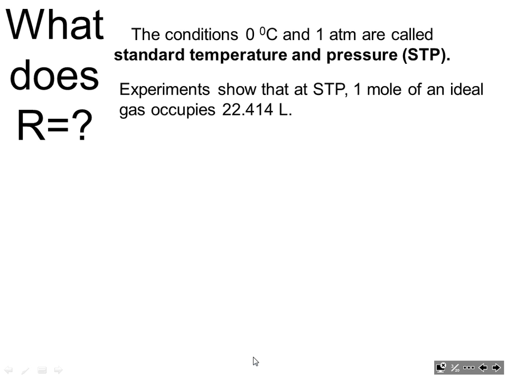We know in an experiment that if I have 1 mole of a gas at STP, it's 22.4 liters, correct? That's a molar conversion. 1 mole equals 22.4 liters. Therefore,